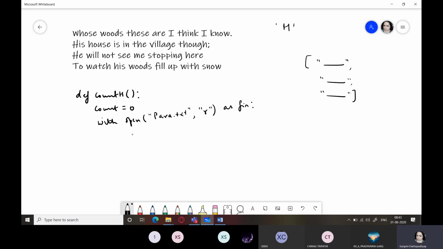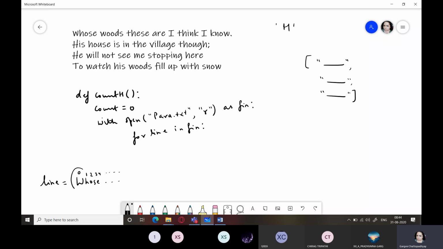Now what I need to do is start accessing each line. So for line in fin. When I talk about a line, when I have read the first line, this line would contain one of the lines, say whose, woods, and so on. And this is a string, so you will have individual index values for each of the characters.